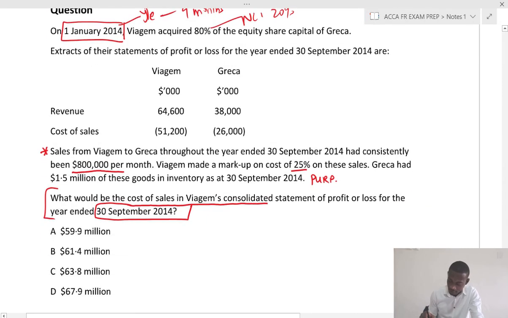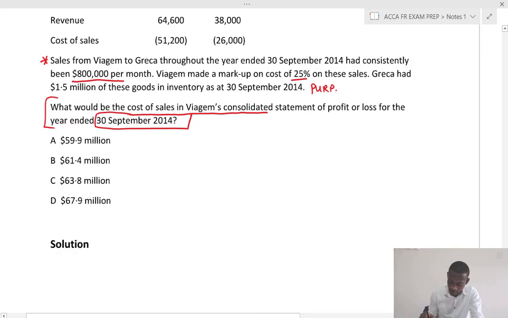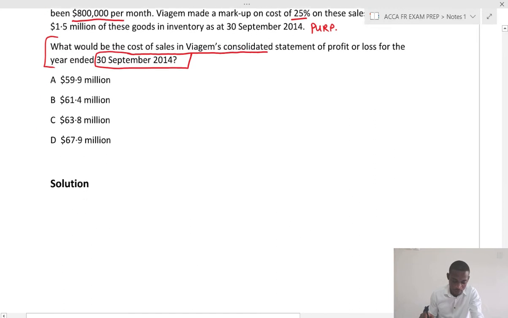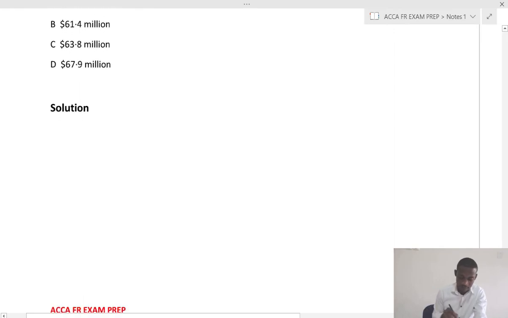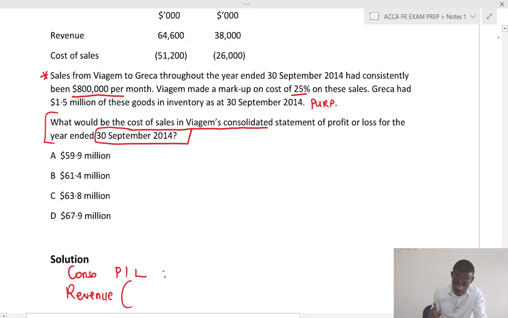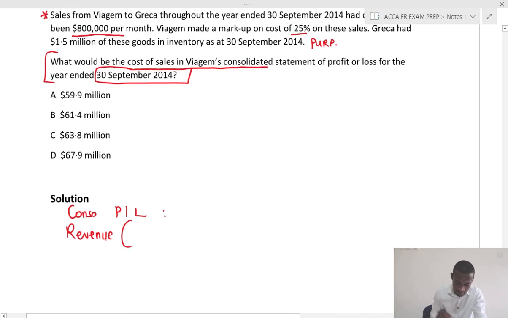So for the purpose of this question, even though we are going to find the cost of sales, I want to just build up the extract. So let's say this is consolidated P&L. So you build in your spreadsheet revenue. So your revenue should be 64,600